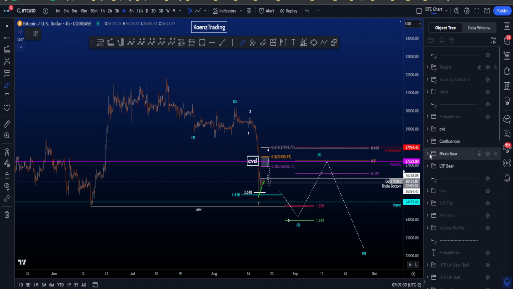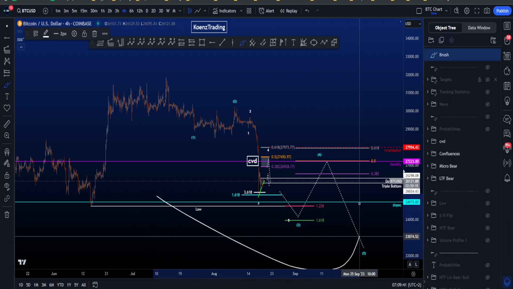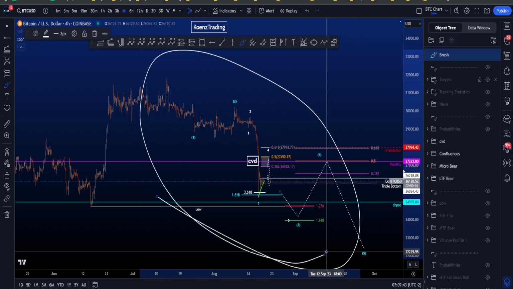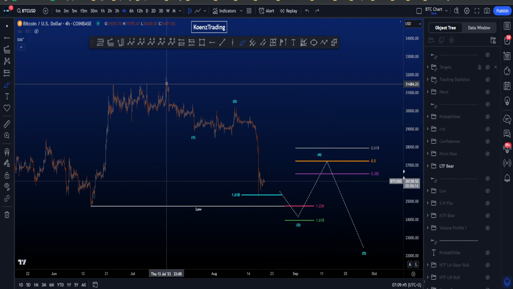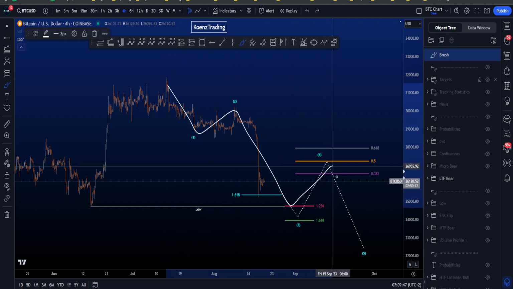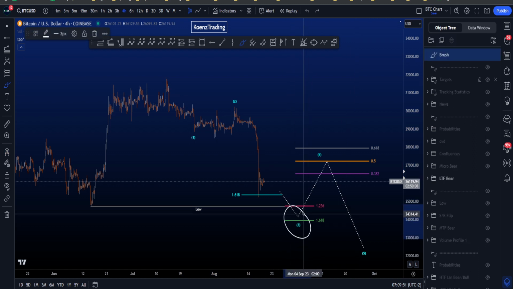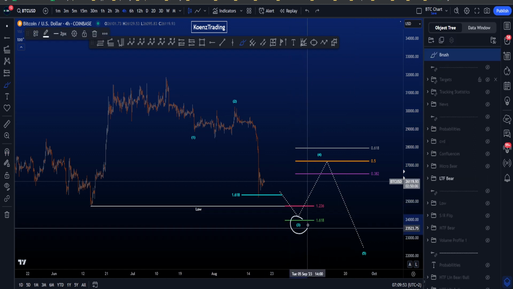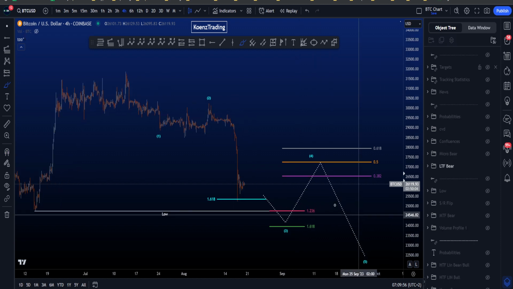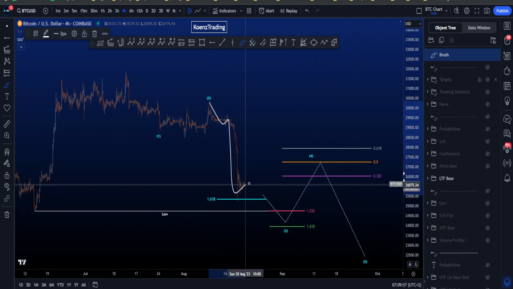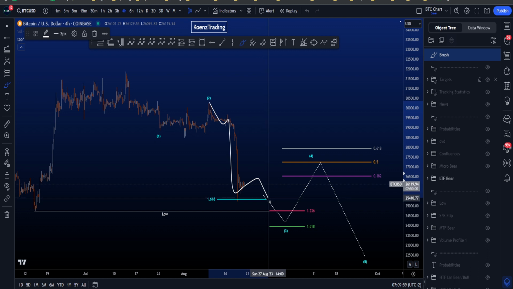Hi everyone, let's go over my low time frame and micro bearish Elliott Wave scenarios on Bitcoin. Starting with the low time frame bearish scenario, where we are looking for an impulsive 5-wave move to the downside, where the low of wave 3 can be very interesting because inside a wave 3 we are looking for another impulse, and then a 1, 2, 3 ranging 4 now throughout the weekend, and then a wave 5 to